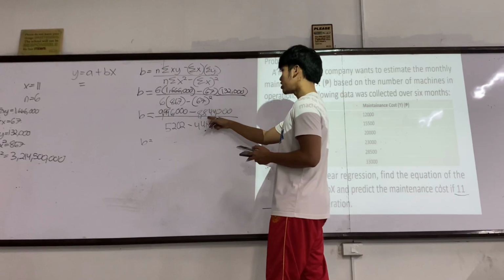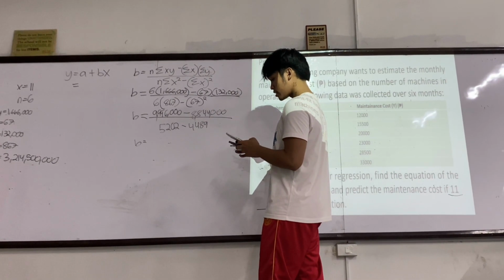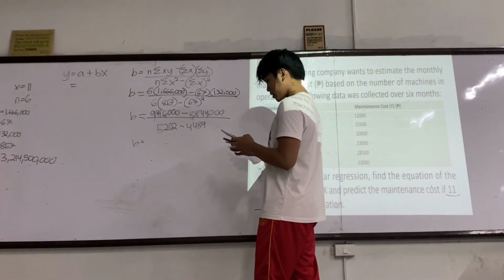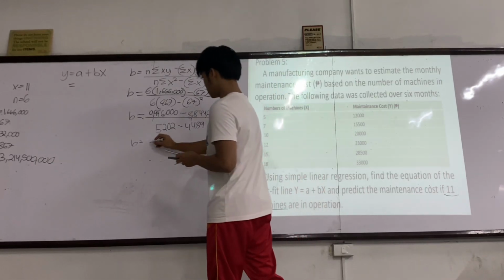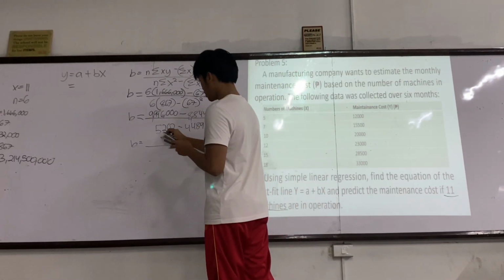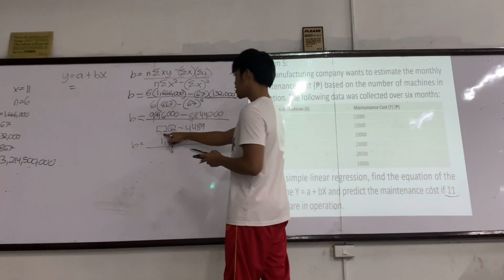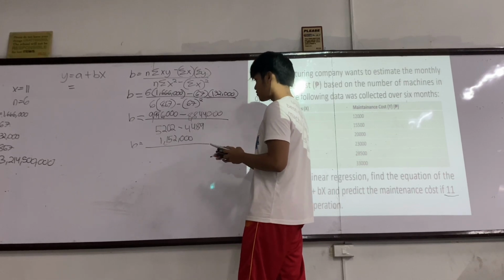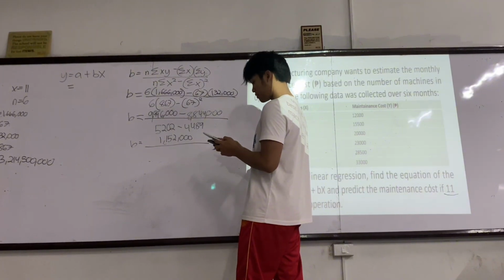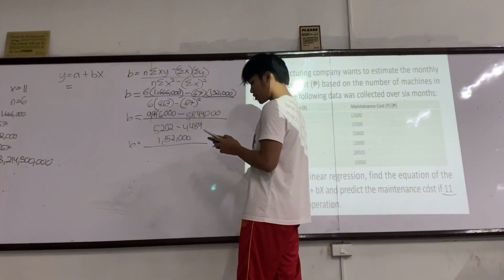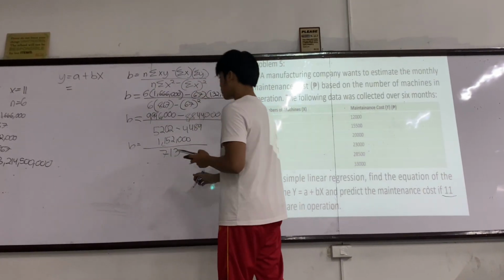9,996,000 minus 8,844,000. So the value is 1,152,000 over 5,202 minus 4,489. We have 713. So divide